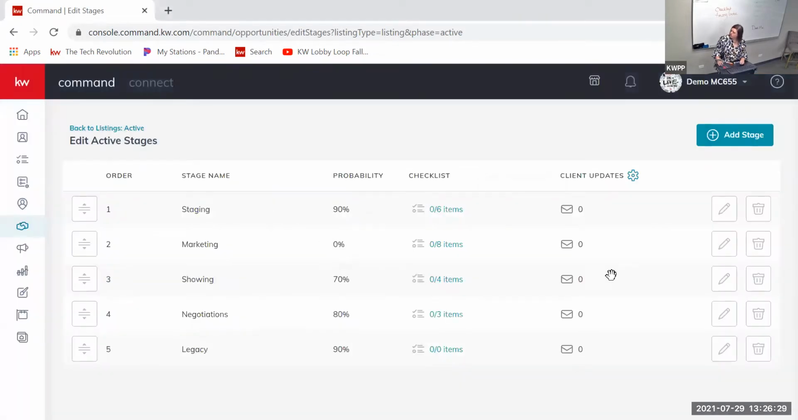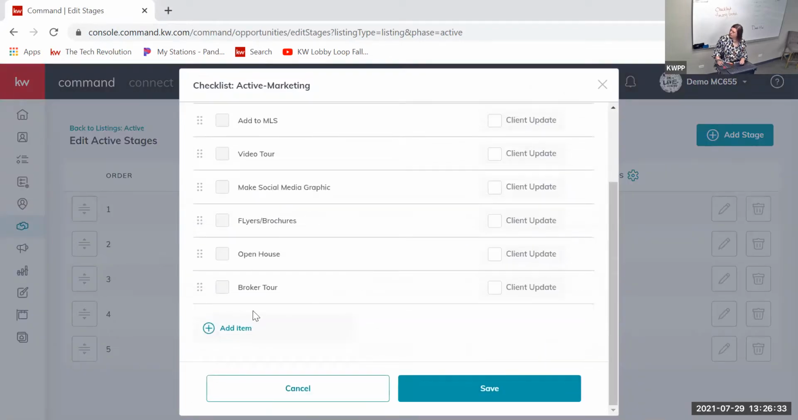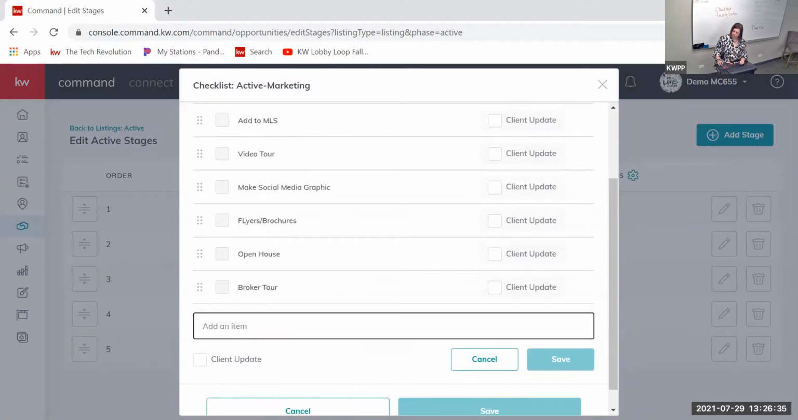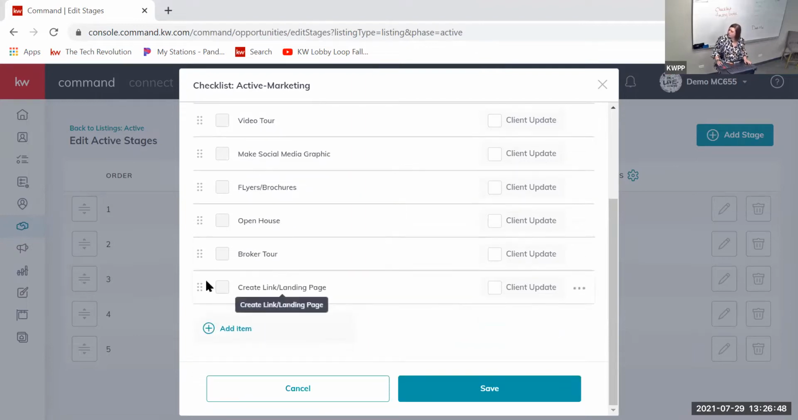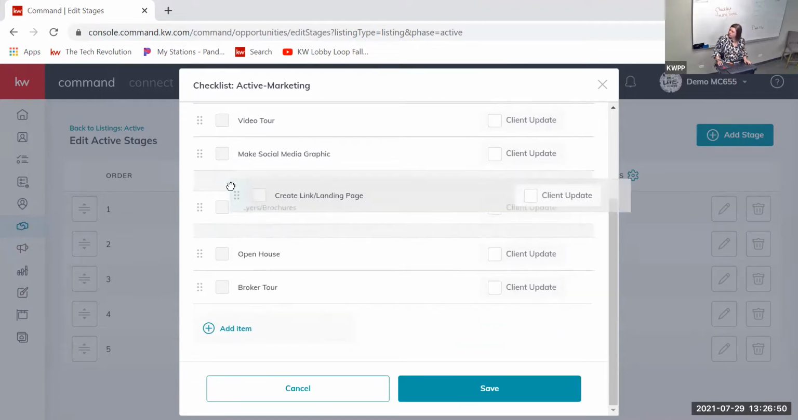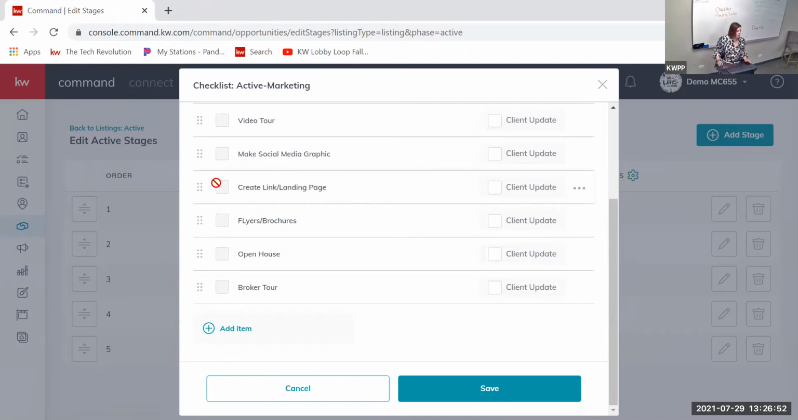Oops, I didn't mean to hit save. So add an item. So create link or landing page. However you guys want to identify that item, and then hit save. Okay. And that could go up by social media, because maybe you want to put that link in your social media